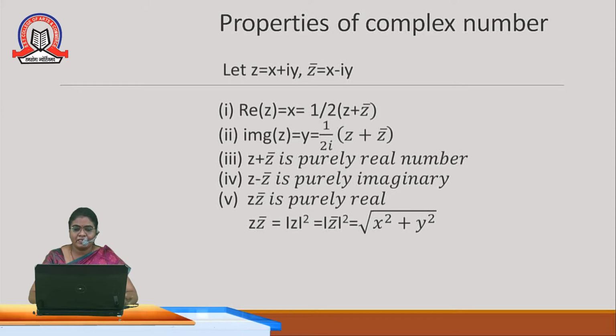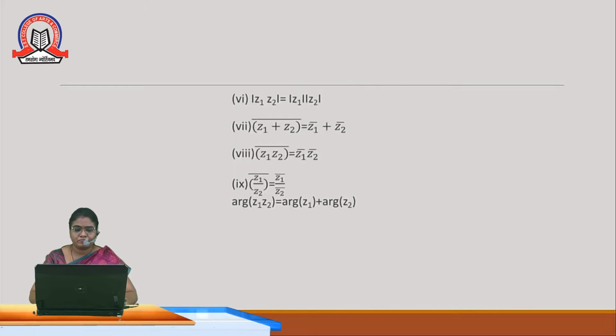If we subtract z and z bar, we get only the imaginary part; the real part will vanish. Therefore y equal to 1 by 2i into (z minus z bar). What we can conclude from this: z plus z bar is a purely real number and z minus z bar is a purely imaginary number. If we multiply them, we get the formula modulus of z square or modulus of z bar square,